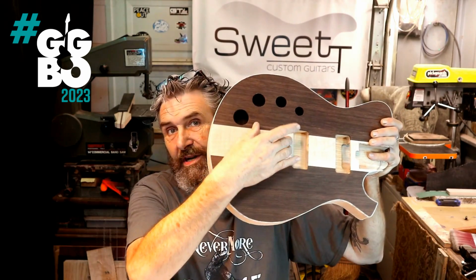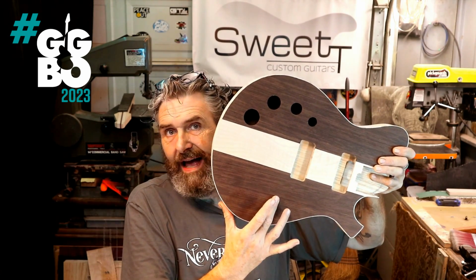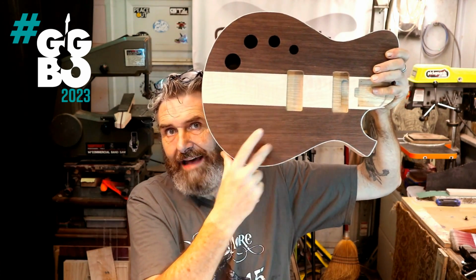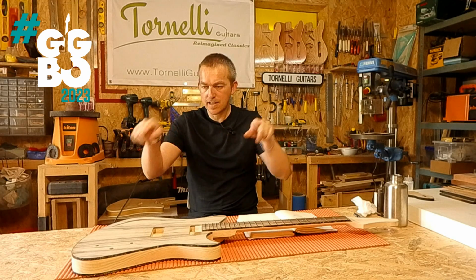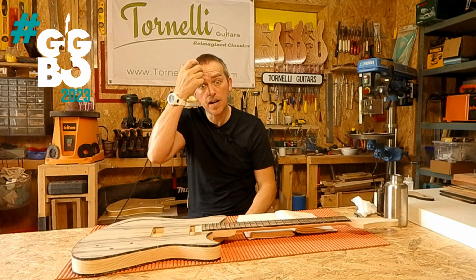Once I get the bridge placed on here and I get the volume knob layout like it needs to be so I can reach it with my pinky, I'm going to follow that same arc that I used on these sound holes. We talked about that, and that's how I did the drawing. I think it kind of helps the balance of it. It does totally, and I'm a sucker for symmetry, as you know, and that looked really nice, the layout that